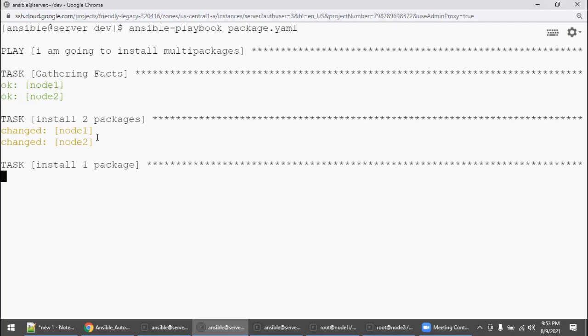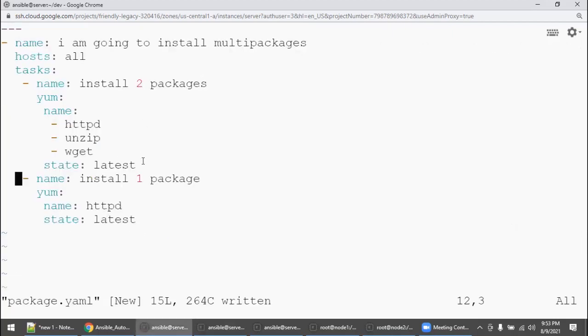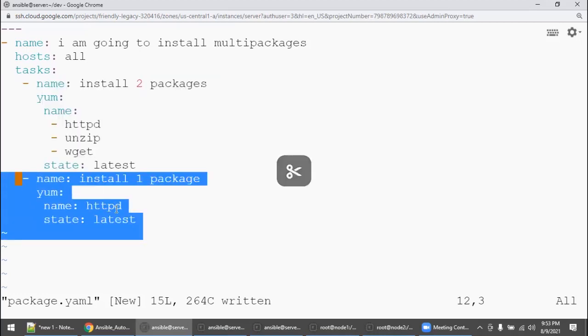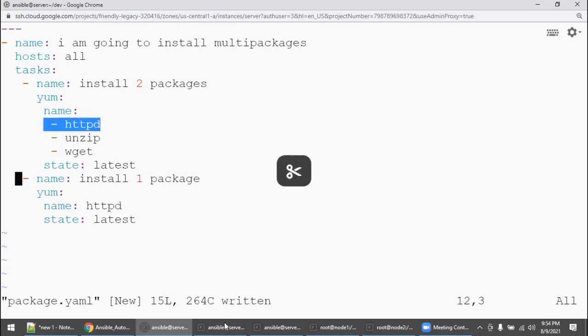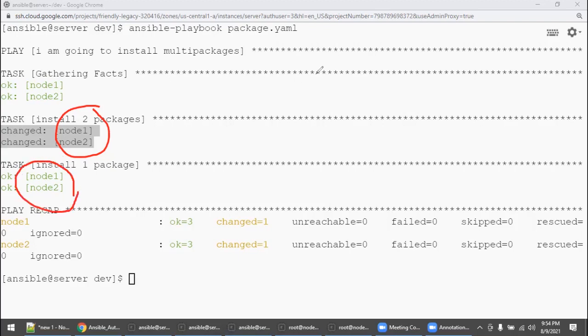See, it started. So automatically the section, this one, got installed, but this one is coming in green. Why? Because HTTPD is already installed. This is also one of the good use cases you need to understand. Ansible will always check: if it is not there, it will try to execute and implement. If it is already there, it will not touch it. That is why it's coming as green. This is one of the robust features of Ansible.